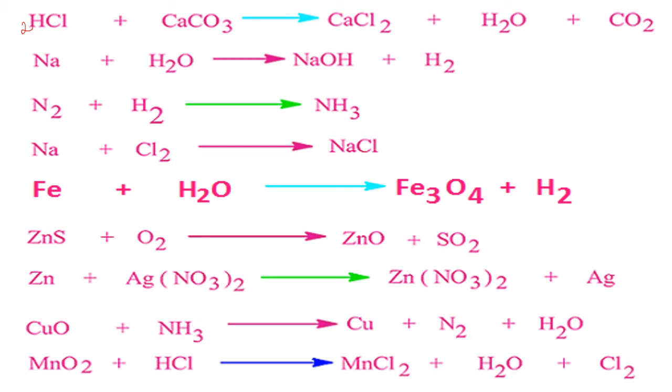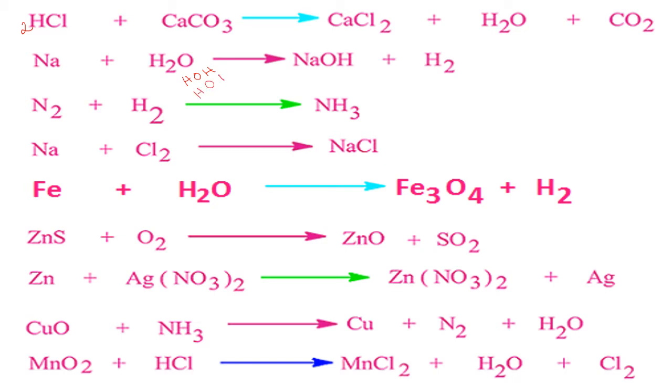Now next question is sodium combines with water to form sodium hydroxide and hydrogen. Here only hydrogen you need to balance. So how can you balance it? Whenever there is a confusion about the number of H and OH, you need to split the water molecule. So only one H and one OH is there. You have to make it 2H.